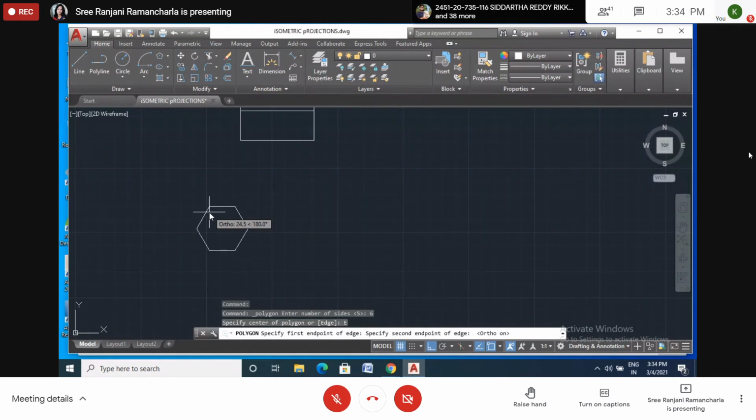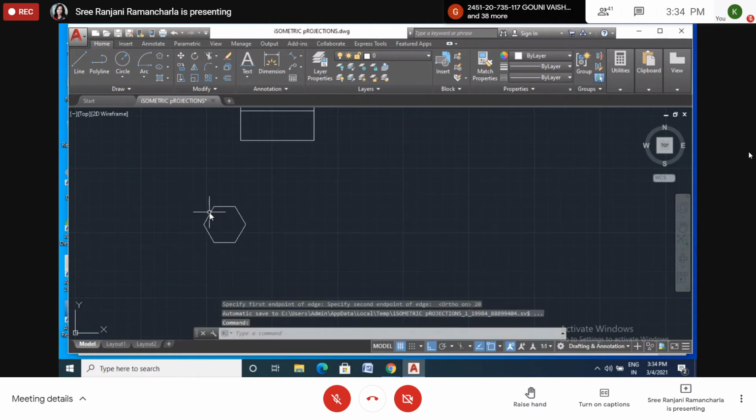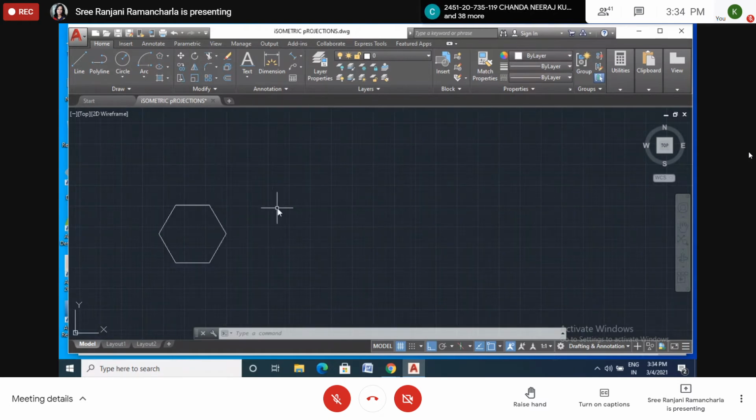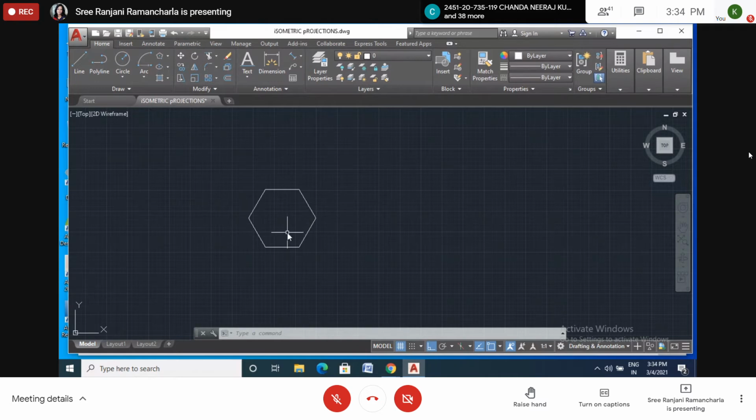Edge I will take 20. 20. Okay. So this becomes a small one. We'll erase this one. We'll take a little bit bigger size.